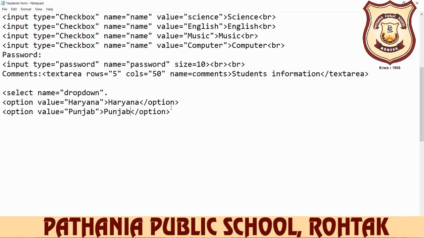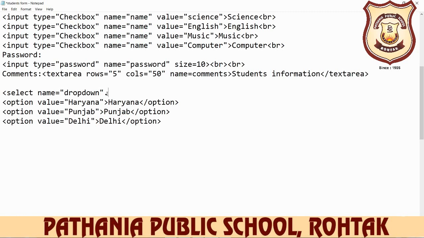Okay, and one more we take here, for example, Delhi we want to write down, so you write down here Delhi, DELHI.